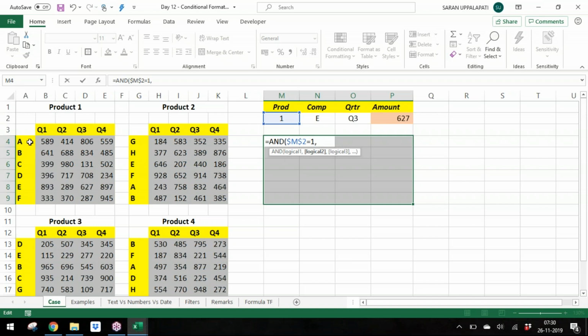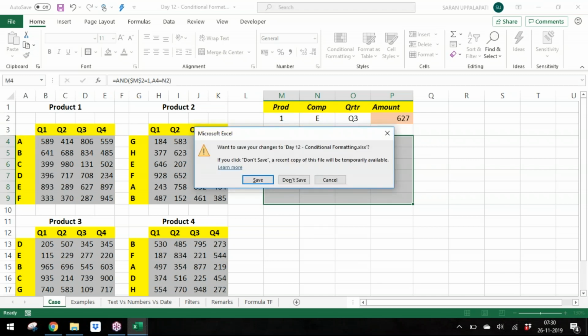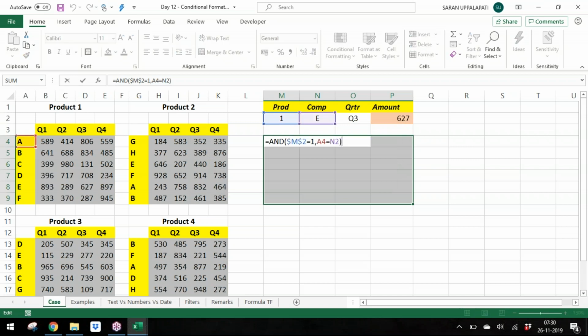Now I should ask Excel to check whether this left column is equal to this. N2 is standard. Wait. I'm sorry, N2 I should cover in double quotation. Now the advantage of this is, now I am cross checking. Check whether A is equal to E. But the problem is, whenever I copy and paste this formula towards the right side, in the next column,